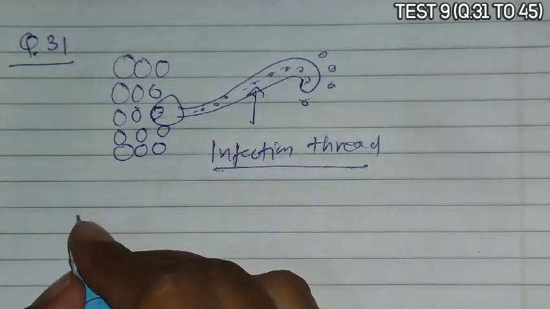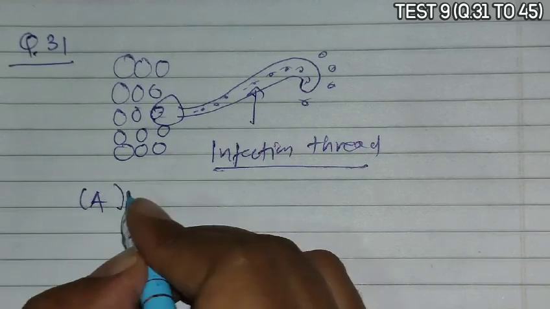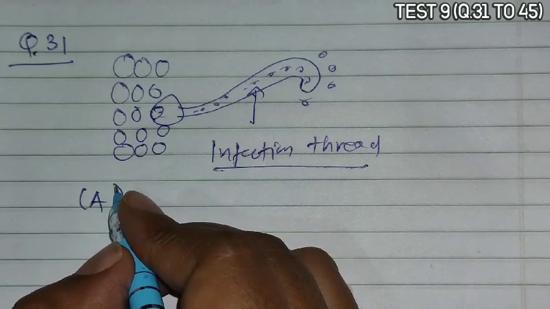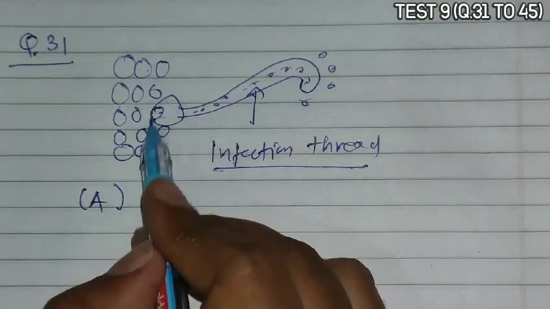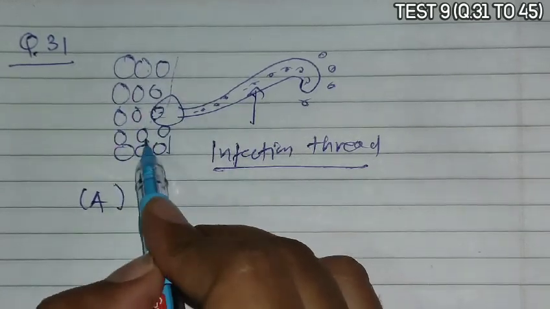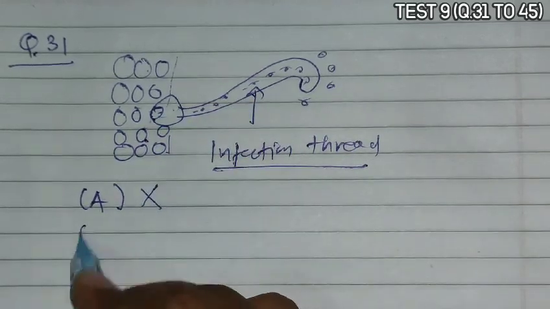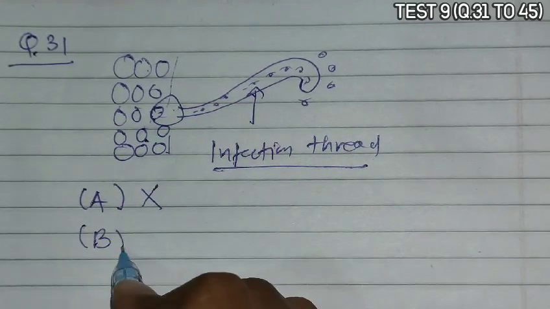So if we go with option A, it is given as soil particles and root hair. Yes, there is a particular nodule in the cells of a plant, but there are no cells of the soil particles. Root hair is there but soil particles are not there, so it cannot be that. Option B is given as